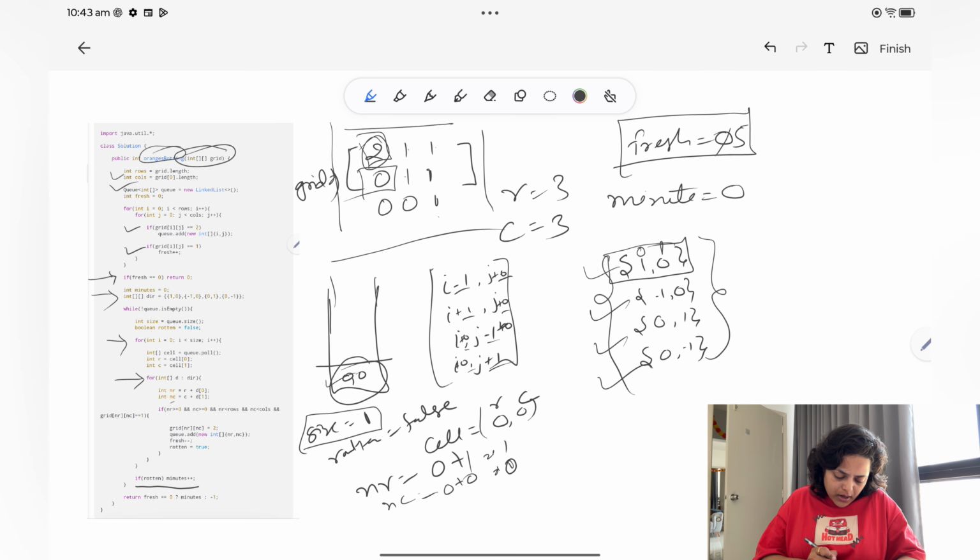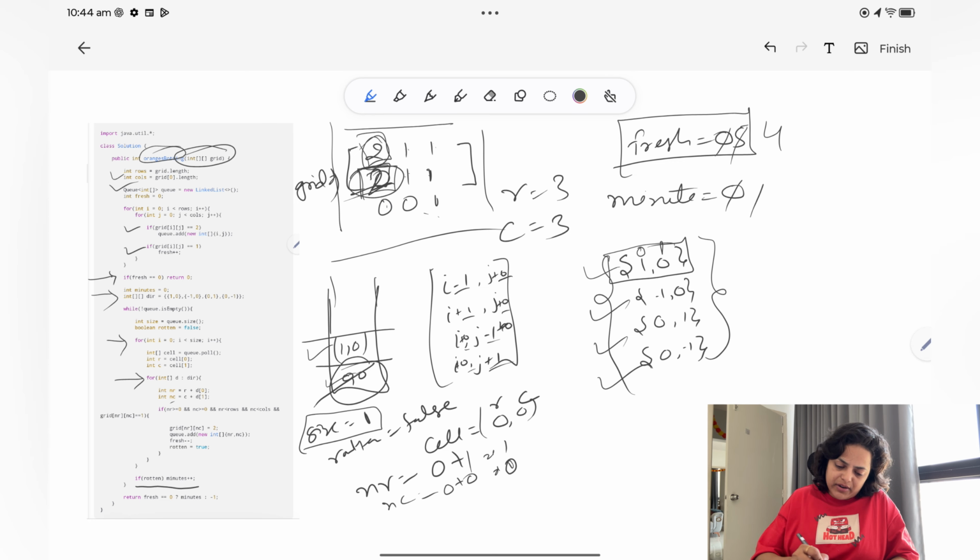So what you will do, you will get new row, new column and make it 2. So this one, let's say we are talking about this one, so it will become 2. Then you will add this new row and column into the queue. So this one is gone. Now here 1 comma 0 will come, because next time we will check its neighbor nodes. 1 comma 0 is the neighbor node, and fresh minus minus. Out of 5, how many were there? 1 2 3 4 5. So 1 is done, so now 4 is remaining. Rotten equal to true. So you came to know that this level 1 fruit got rotten. If rotten is true, then minute plus plus, so minute will become 1.